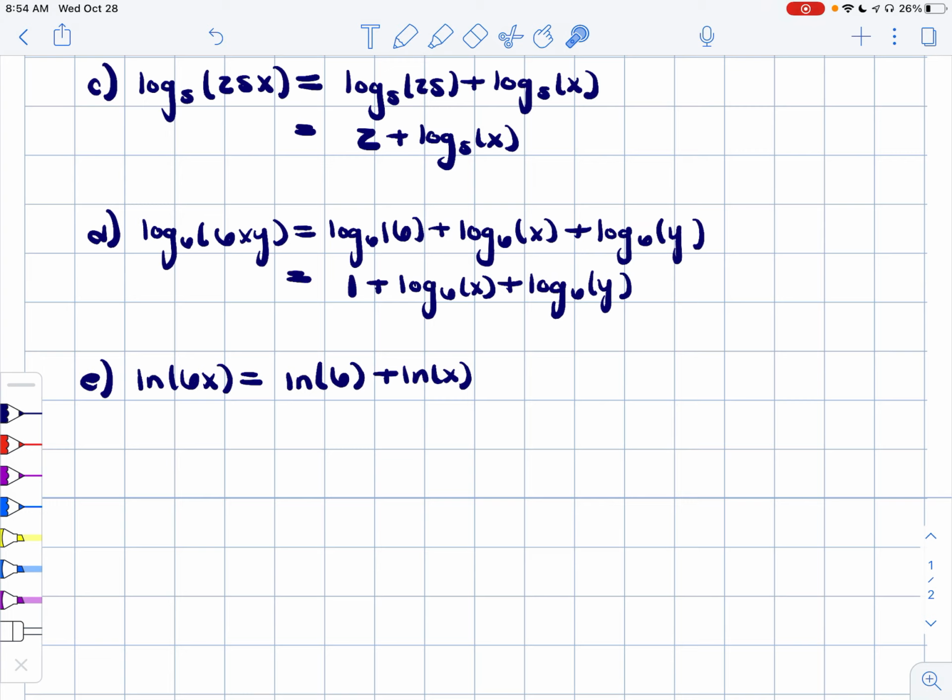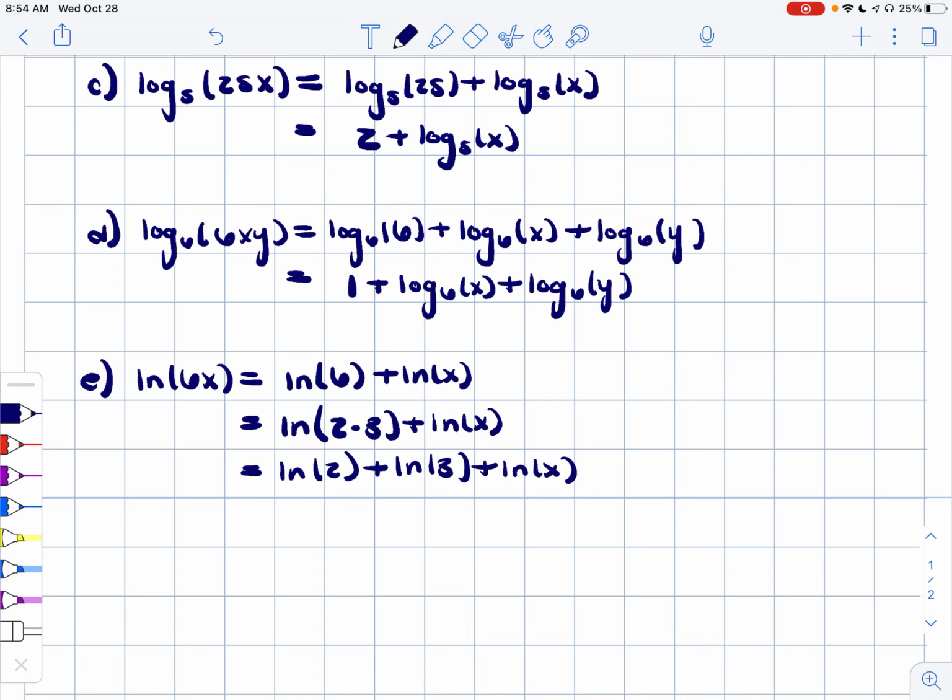so 6 is not a nice power of e, but 6 can still be broken up further. 6 is not a prime number, which means we can split it. So I'm going to think of my 6 splitting it up as a product, factoring it. That can turn into 2 times 3. Once you split it up as a product of 2 times 3, we can use the product rule on that again. So this becomes the natural log of 2 plus the natural log of 3 plus the natural